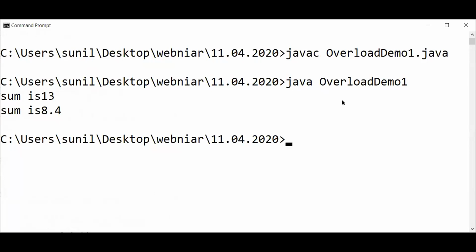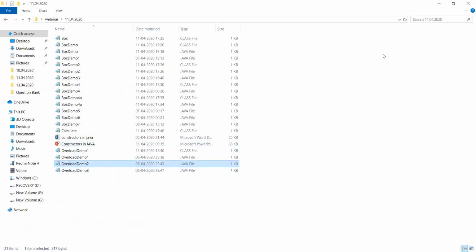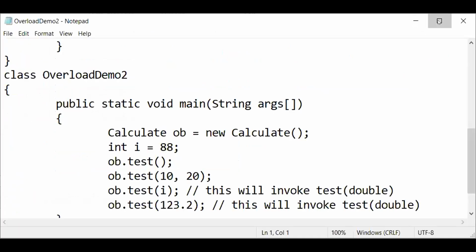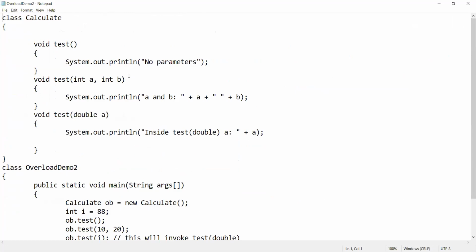Okay, and one more thing is there. This program is another example of overloading.